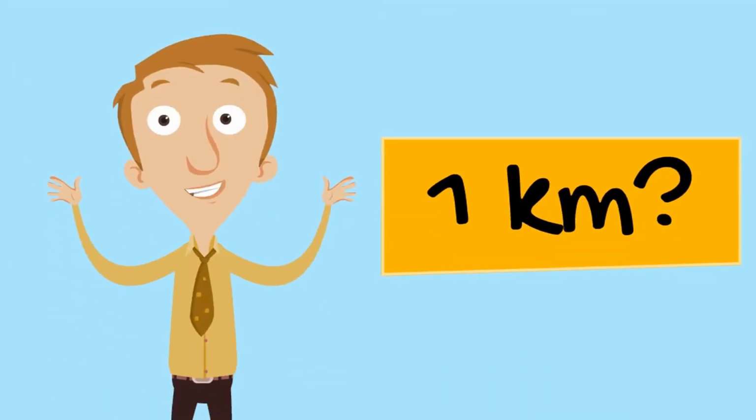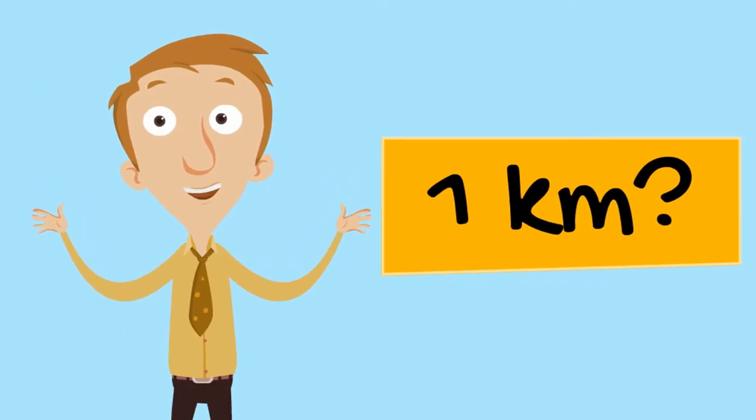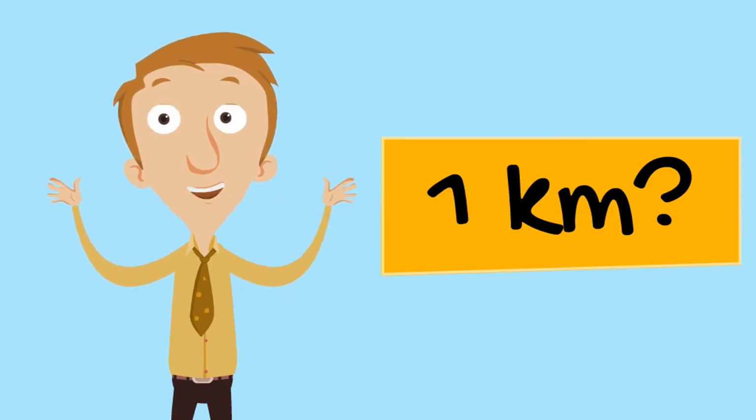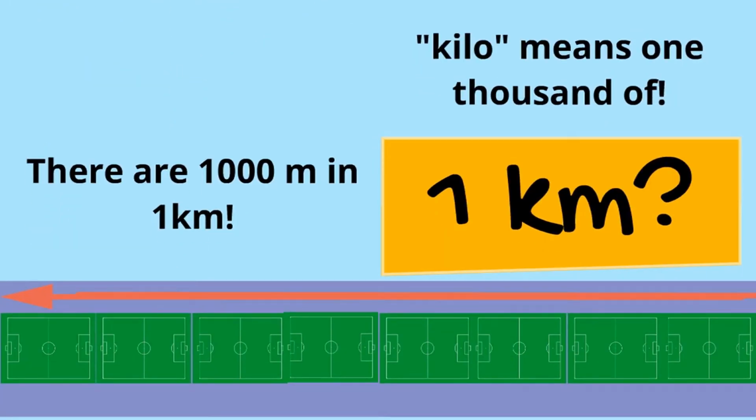How about a kilometer, our biggest unit of measurement today? How far do you think a kilometer would be? Pause the video and write down an answer. Well, let me tell you, 1 kilometer is big. There are 1,000 meters in a kilometer. That means imagine 1,000 children standing beside each other with their arms stretched out. Or, if you can picture how big a football pitch is, 1 kilometer is 10 football pitches in a big, long row. That's so many pitches they don't even fit onto this screen. Okay,